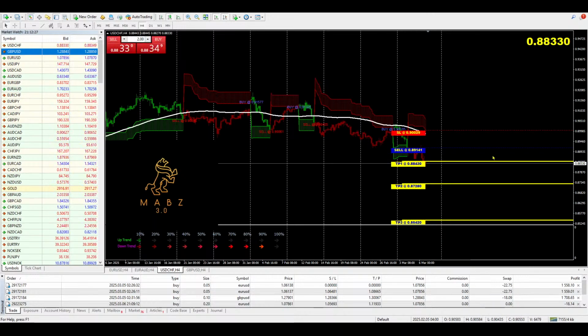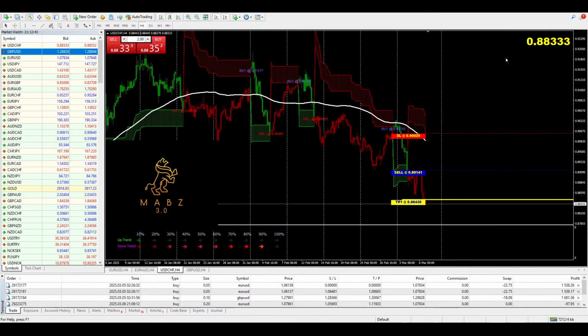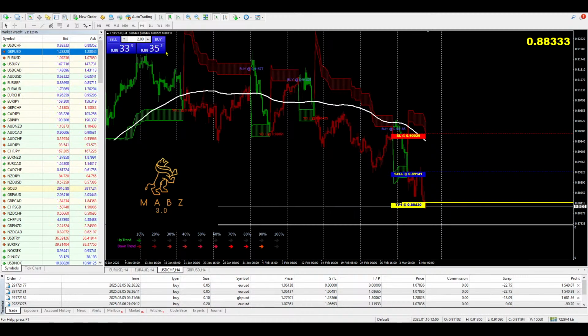Okay, now the next market that we're going to look at, we're going to look at this chart and maybe 2 other charts. We're going to look at this USD JPY, USD CAD, and then I think we're done. But so far I'm pretty happy with what we found. Okay, so this is the USD CHF on the H4 chart. As you guys can see on the top left of the screen, this is the USD CHF on the H4 chart, right?